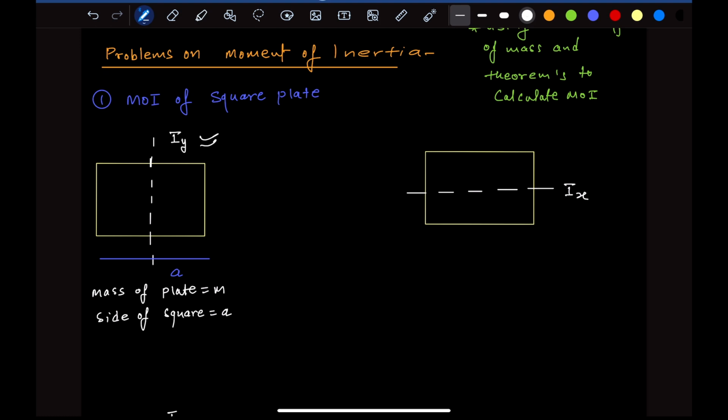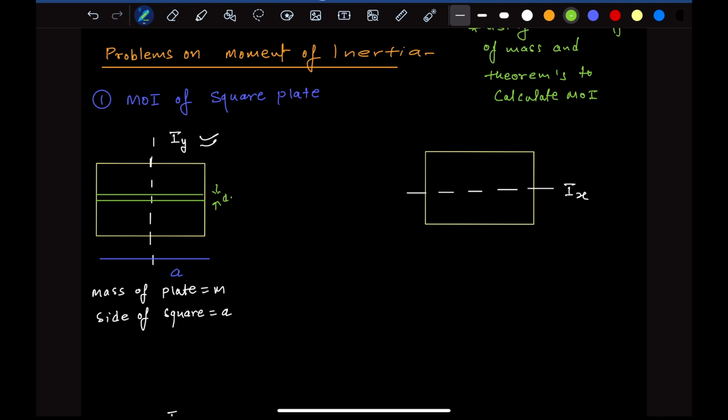Okay, so now think about it. Can we use integration? Yes, we can use it, right? And we know the moment of inertia of the rod. Can we break this square plate in the form of rods? Think about it. Okay, we can, right? See, if I take an elemental rod somewhere here, let's assume that the thickness of this rod is